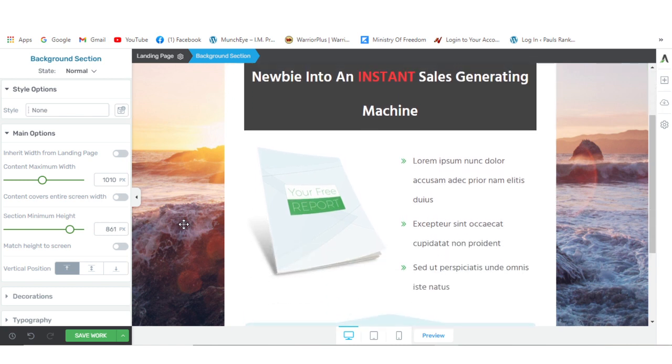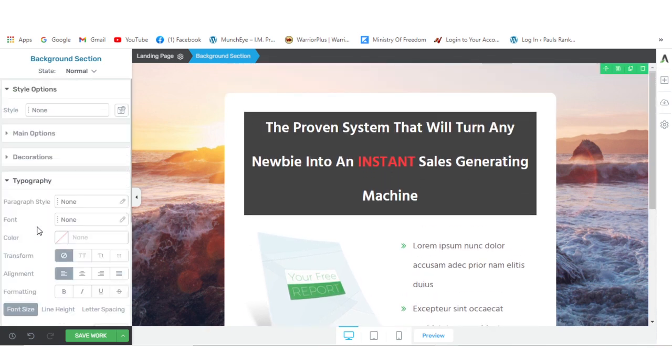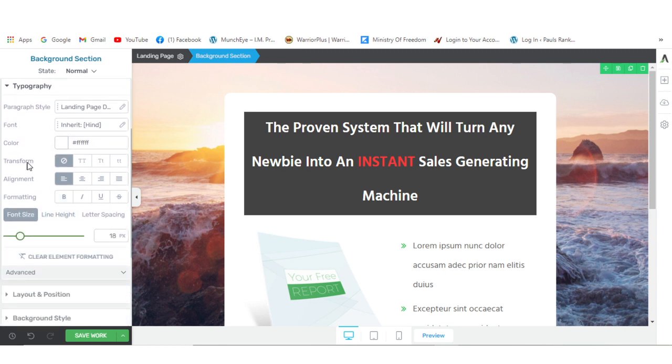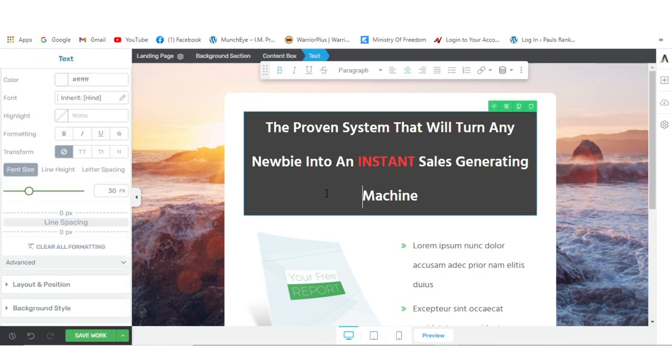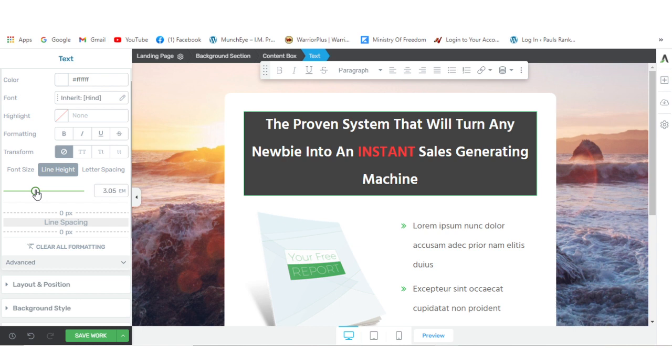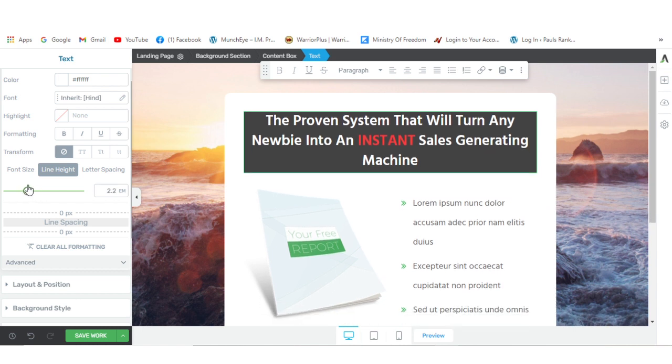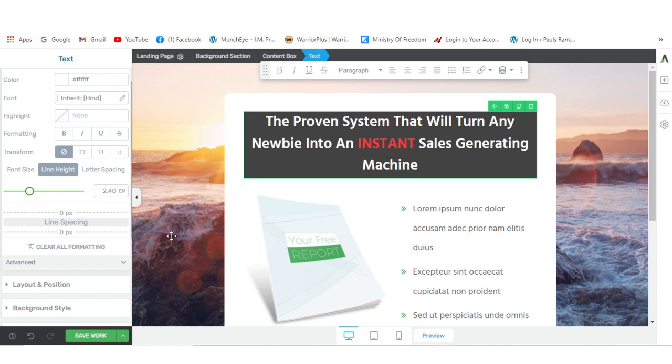So we're going to come to the side to typography, and we're going to come down here. You got font size, line height, letter spacing. So click on the line height there, and we'll just adjust it through this bar here. So we'll bring that. That's not adjusting because I haven't highlighted that. There you go, guys. Ensure you've got that area highlighted that you want to work on, okay? So we've got line height. We'll bring that back to maybe something like that. That should do. Okay, now we want to